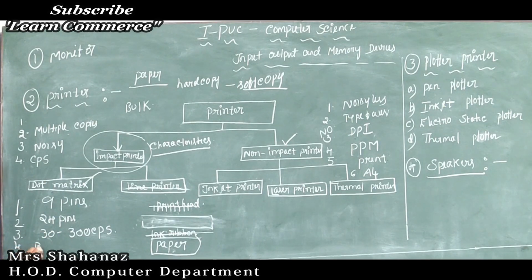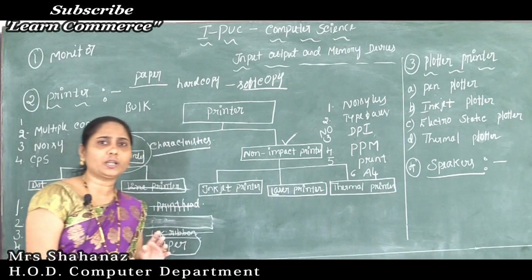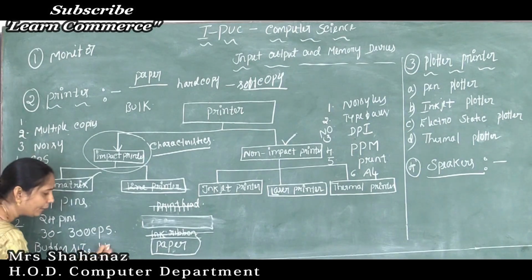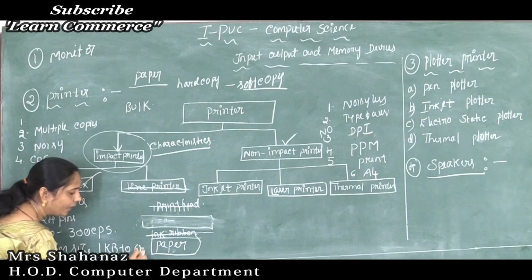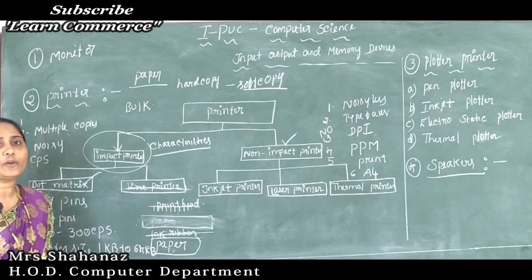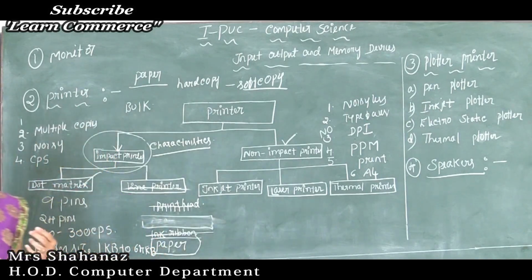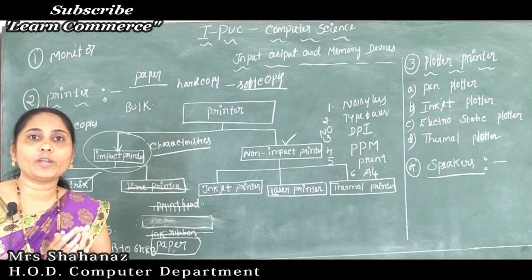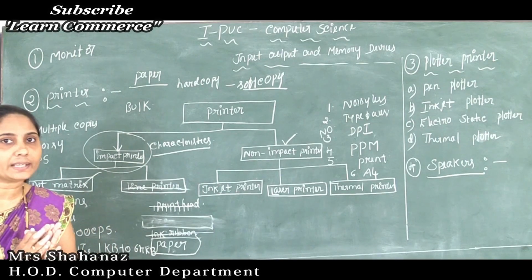And later next one is about our buffer size. Before telling any information about the next characteristic of the dot matrix printer, just one line I want to tell here. The buffer size varies from 1 KB to 64 KB. Now maybe you are thinking, what about the buffer size? The buffer size. The meaning of buffer size: we are going to print some information. But how are we going to print? From where are we going to collect the information?